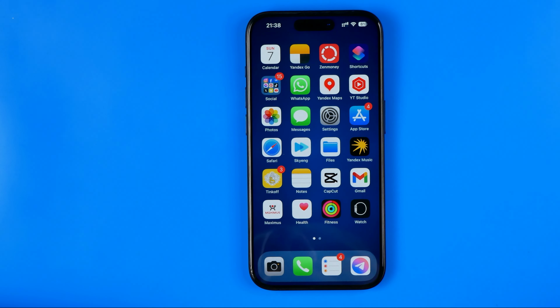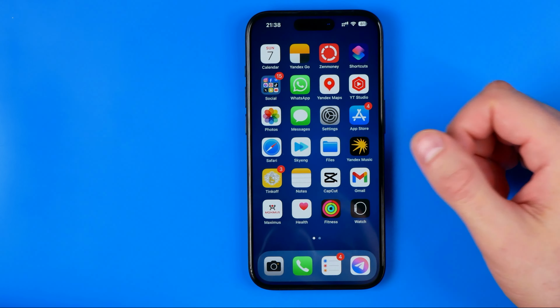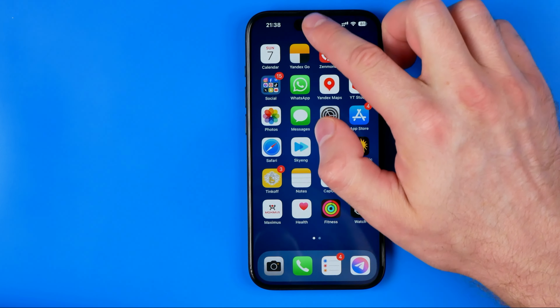In this video, I'm going to show you how you can easily delete old wallpapers on an iPhone. Be sure to watch the video to the very end so you don't make any mistakes. Let's get started, guys, and first off, once our iPhone is unlocked, we just need to swipe down to bring